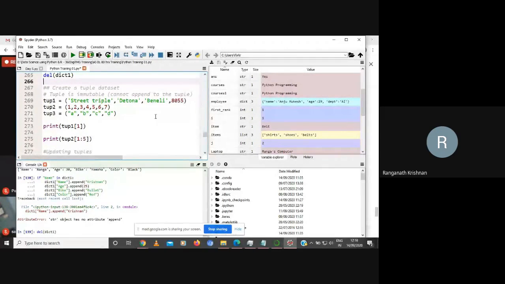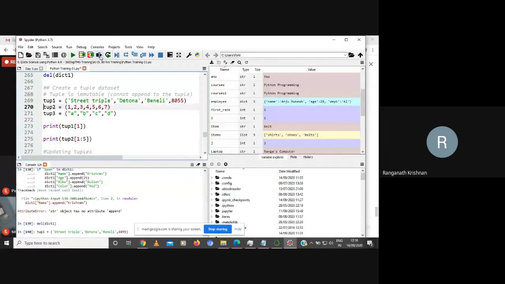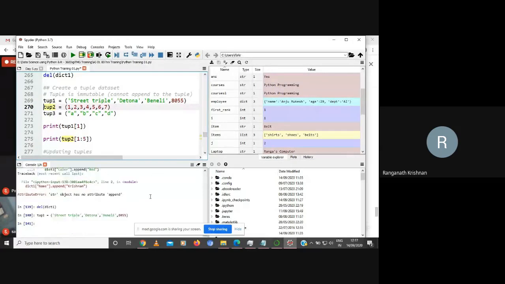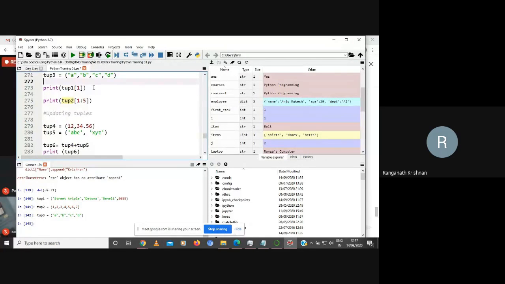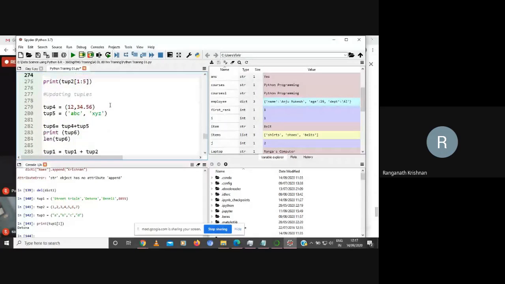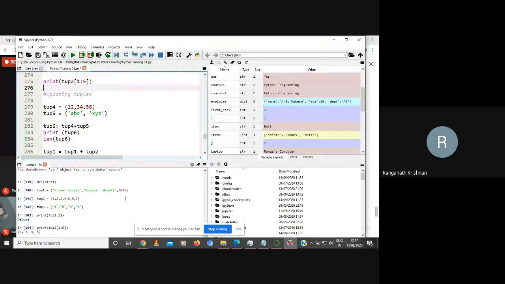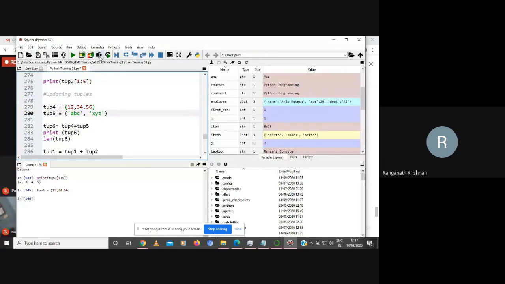Right here, tuple data set is very important, and it is used a lot. It is similar to the arrays. One thing is tuple is immutable, meaning that you cannot append to the tuple. So once you define a tuple, it's similar to an array, but you cannot add anything. So if you want to make something that you don't want to modify, you can use tuples. These are the different tuples. Tuple can take integer values. So same, all the indexing applies here. Print tuple 1 to 5. Okay, it will print all the tuples here.